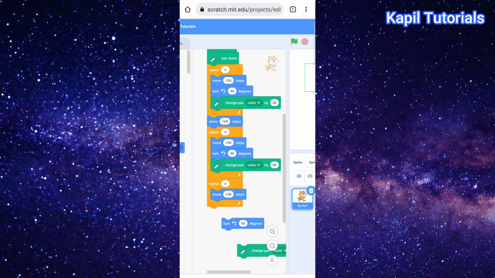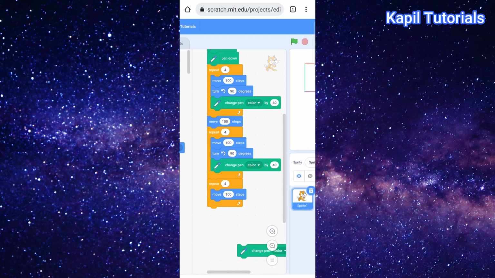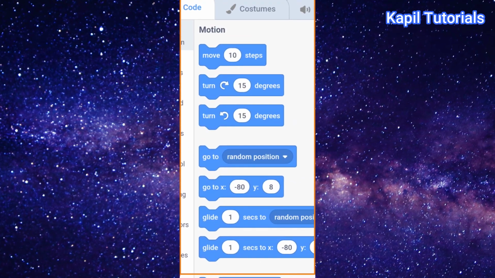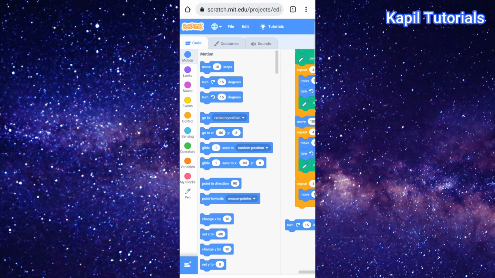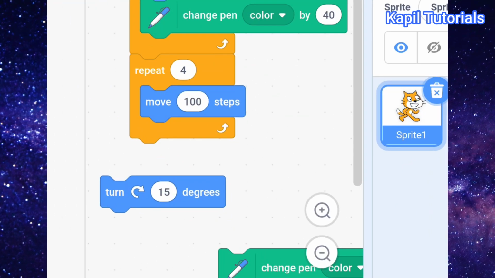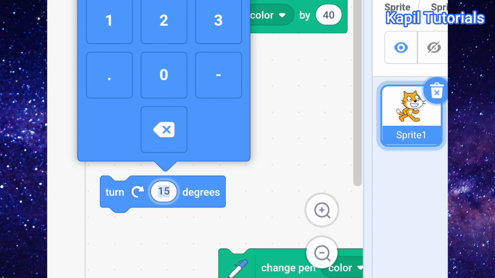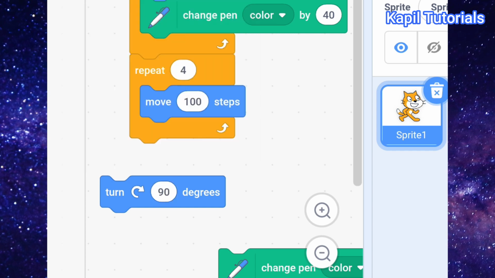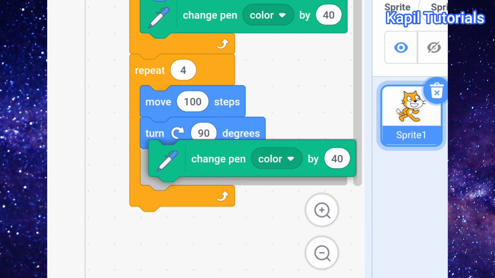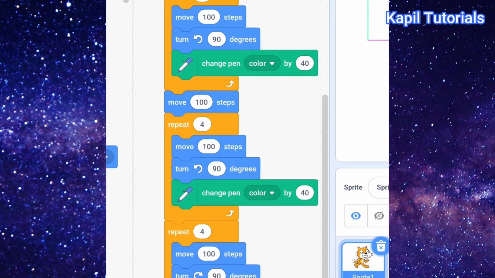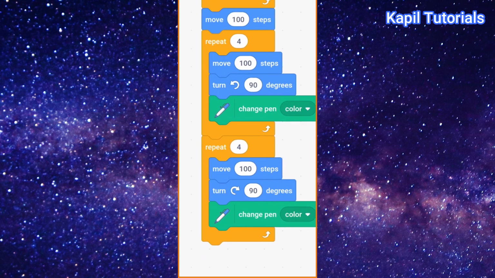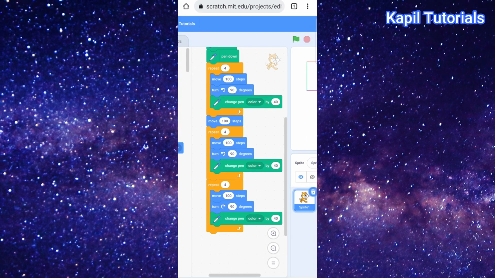So I'll delete this one, and I'll take turn forward. I'll use this command in between. After using this, I'll make it 90, and then I'll place it here, and then this also. So it's like this now. Rest is all same. I have not included the move command because I do not have to make 3 squares in a series.